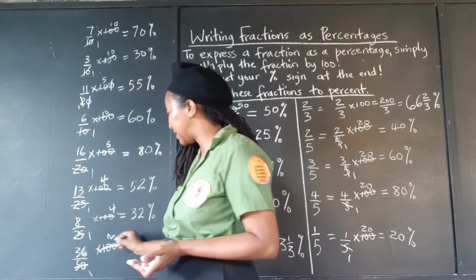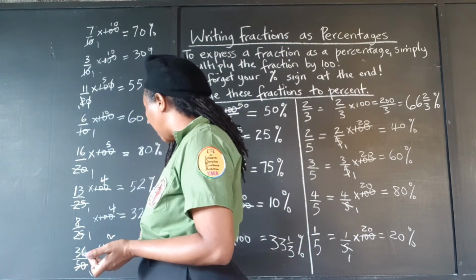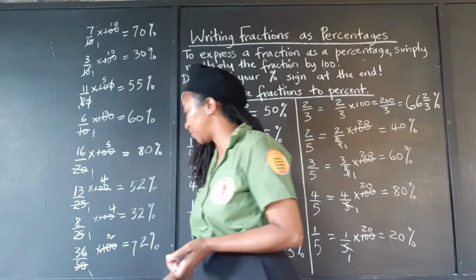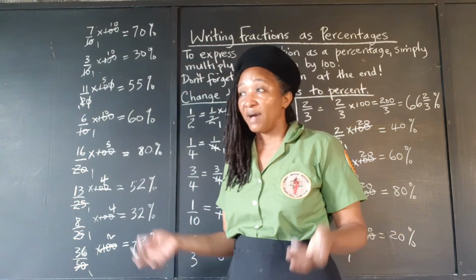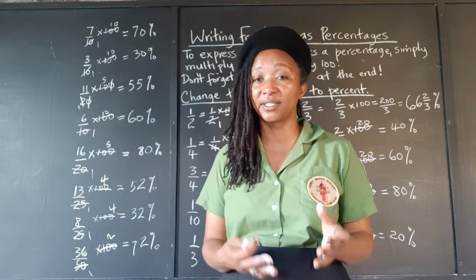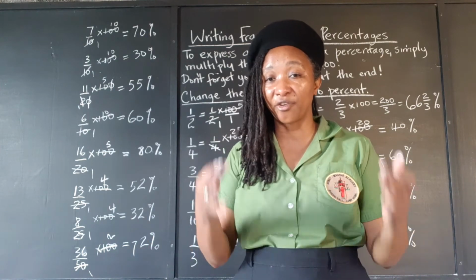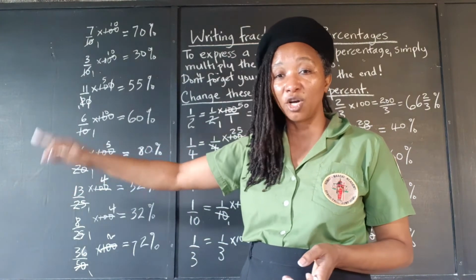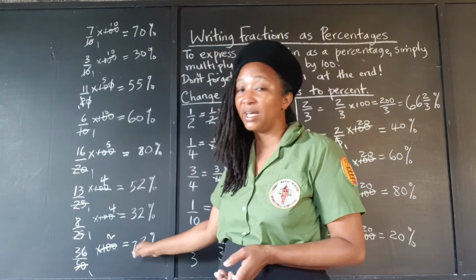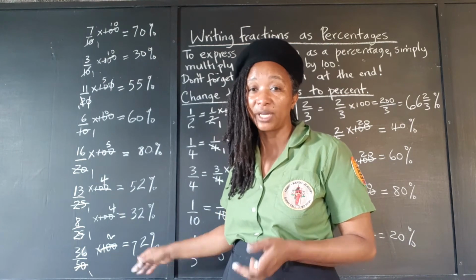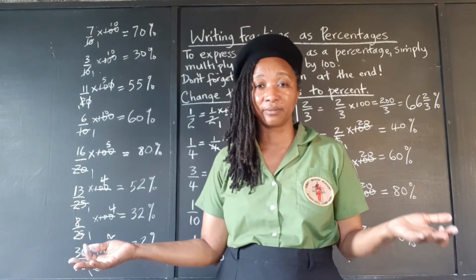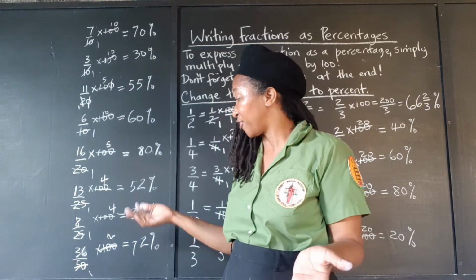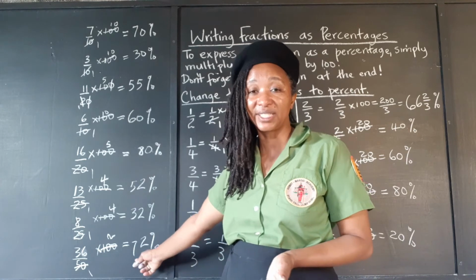And then 36 times 2, 2 6s are 12, 2 3s are 6, and 1 7. So that is 72%. So we're saying if there are 50 boxes and I have 36 out of the 50, you over there, you're working with 100 boxes, you would need to have 72 out of that 100 for us to be balanced, for us to have the equivalent amounts. Okay, that's what we're saying. 36 out of 50 is equivalent to 72 out of 100,